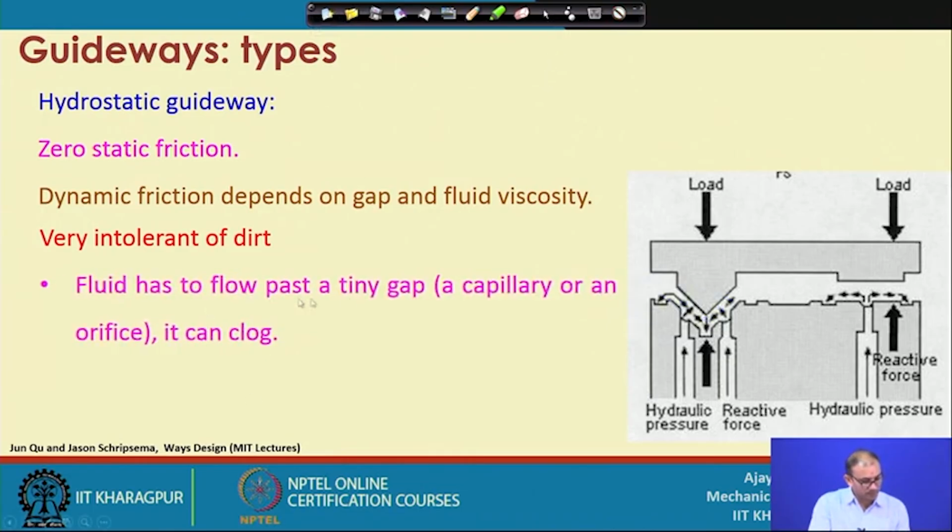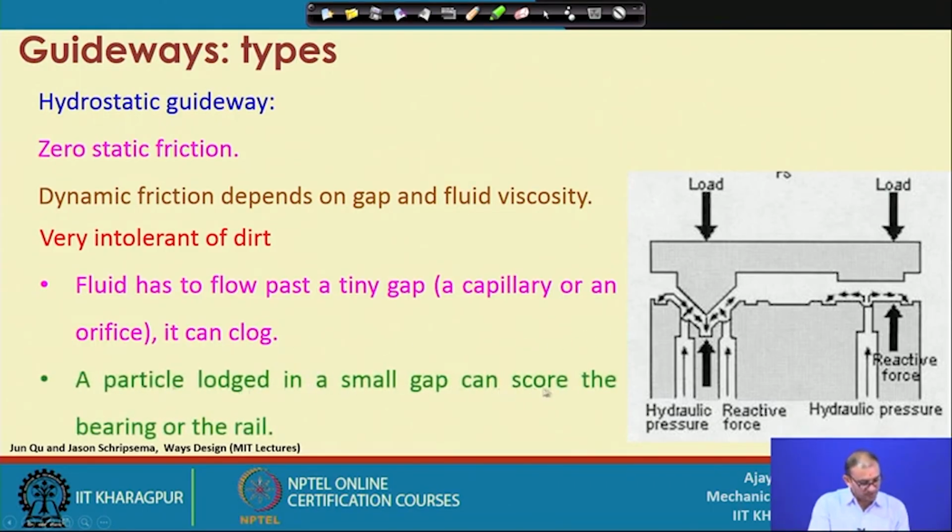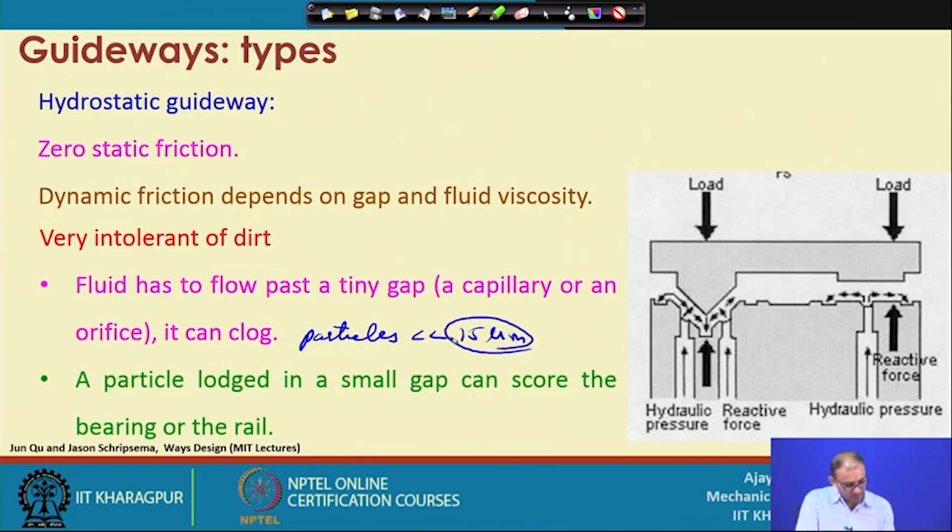Right. So, fluid has to pass through a tiny gap, a capillary or an orifice, and it can clog. That is what is happening here. A particle lodged in the small gap can score the bearing or the rail. Now, there is another problem. Consider that the particle size is smaller than 15 micron. Then first of all it will not clog, correct. But what is happening here is that if it is a small particle,